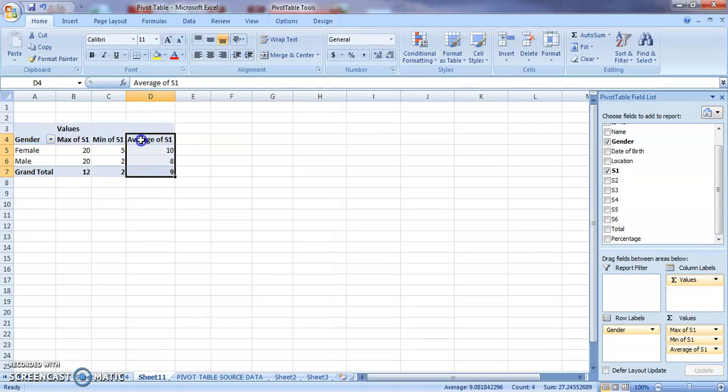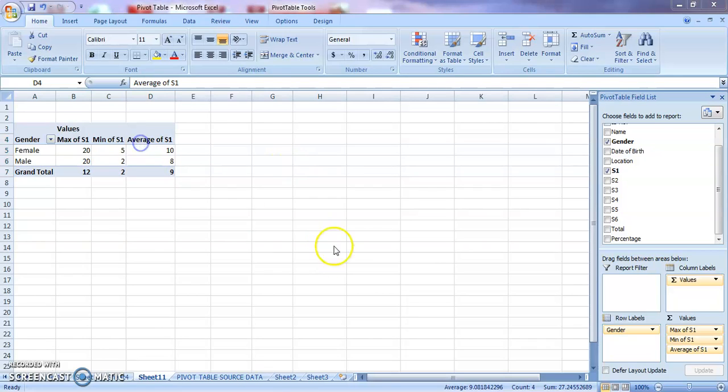Now you can see there are no digits after the decimal. So this gives you a very quick look at the maximum score, the minimum score, as well as the average in that particular subject. This is really helpful at many times for many of us.